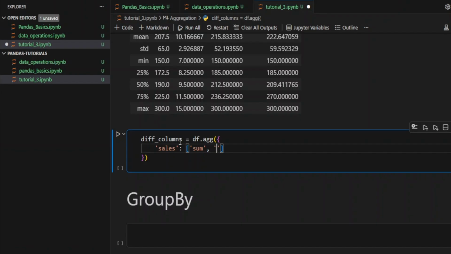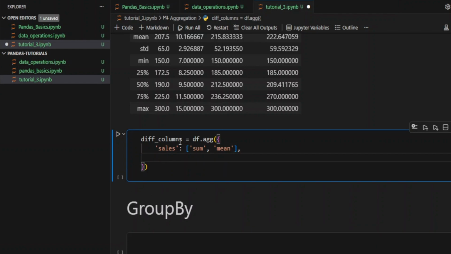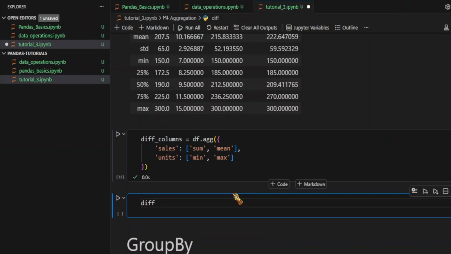Here you can say mean, then you want to apply this function on units, so pass here units, and then the methods, like you want min and max, so min and max. So this is the way to do it. You applied different aggregation functions on different columns together, and when you print this diff underscore columns,